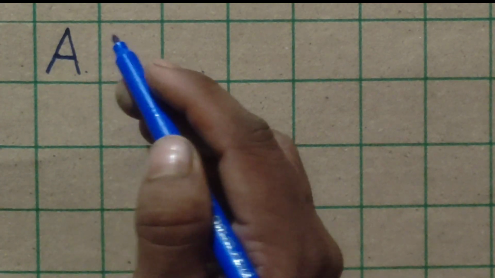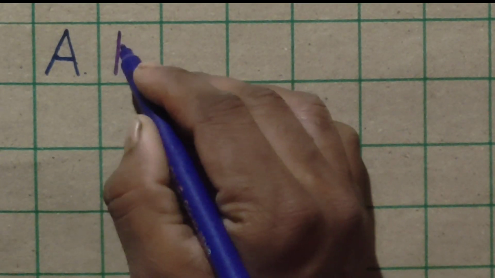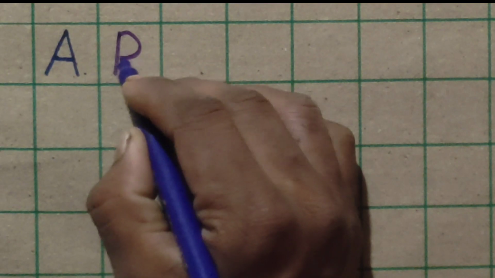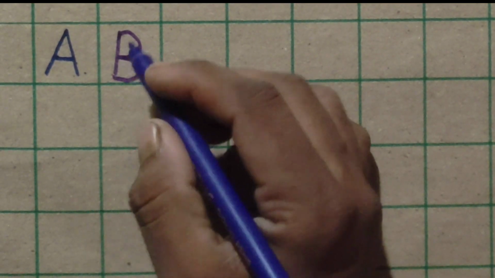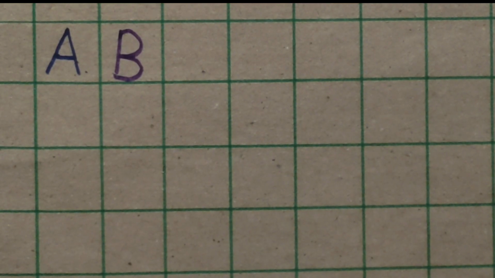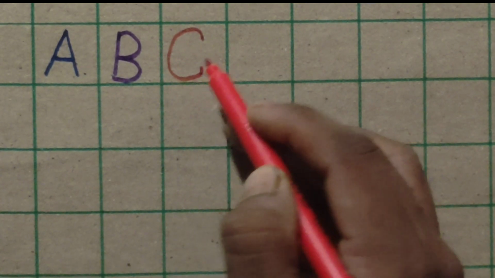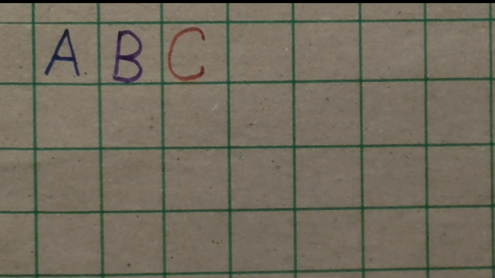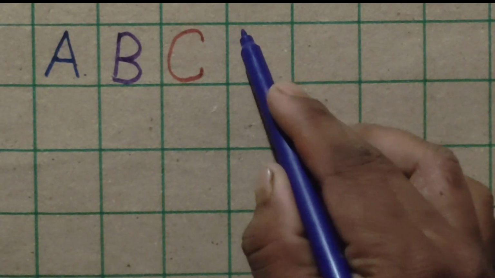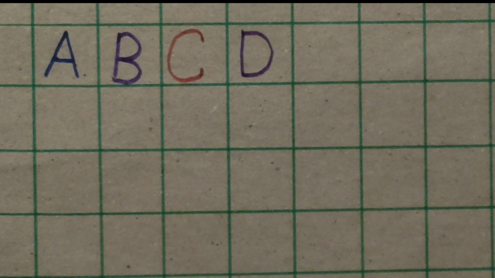A for apple, B for banana, C for cow, D for dog,